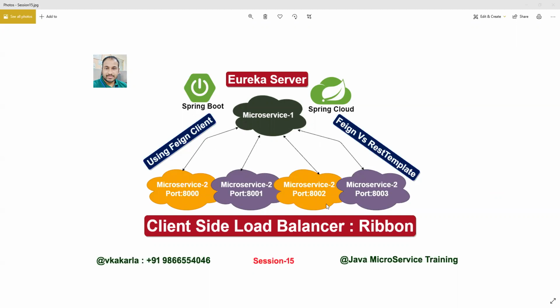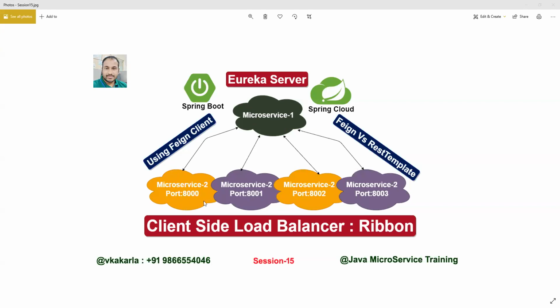If you provide more space within the server, we can maintain the instances in the same server, or we can maintain them in different servers also. The load balancer will take care of that. Why? Because the load balancer is not configured in that service; we are configuring it in this service. So the load balancer will take care of whether it is a different server or a single server.